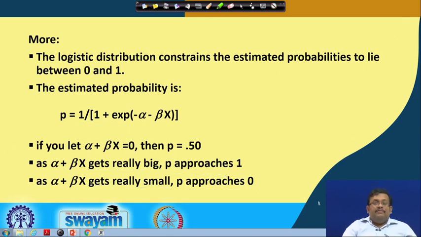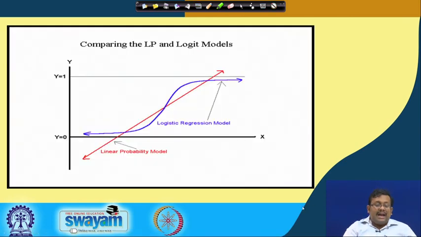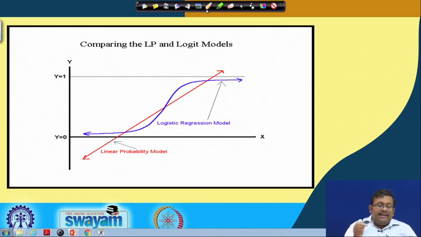This can be shown very effectively by the next slide, where you can see a comparison of the linear prediction and the logit model. In the case of linear prediction, there are two outcomes, y equal to 0 and y equal to 1; these are two levels. In the linear prediction model, you can see it goes beyond 0 to 1. However, when we use the logistic regression model by converting into a logit and predicting that logit by simple linear regression, ultimately you will see that the logistic regression model caps the probability between 0 and 1. That is why it maintains the assumption of linear regression.